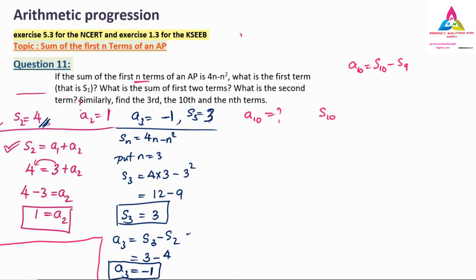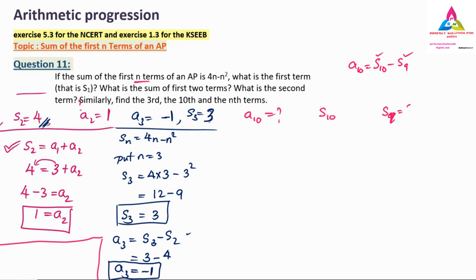If you are finding A56, for example, A56 is nothing but S56 minus S55. Understood? This formula you have to remember. If you are finding A66, you have to do S66 minus S65. This one you have to remember. But they have not told you to find A66. They have told you to find only A10. So A10 is equal to S10 minus S9. That means you have to find S10 and also S9. So here two things are required.